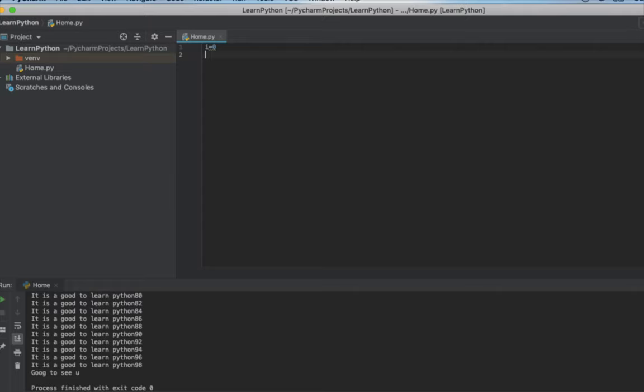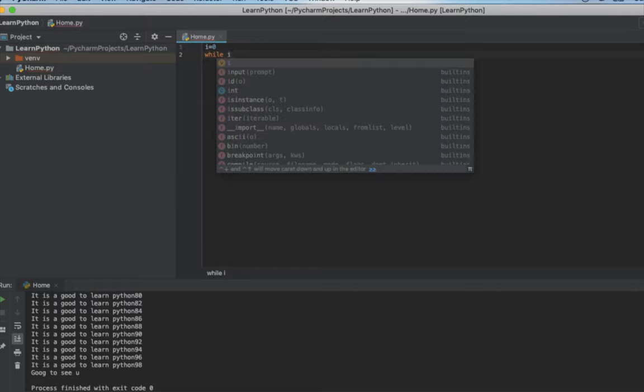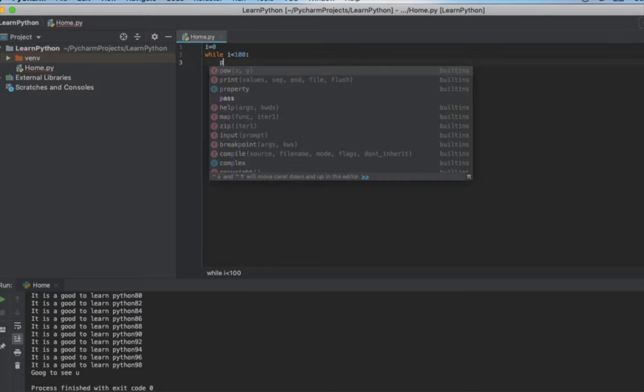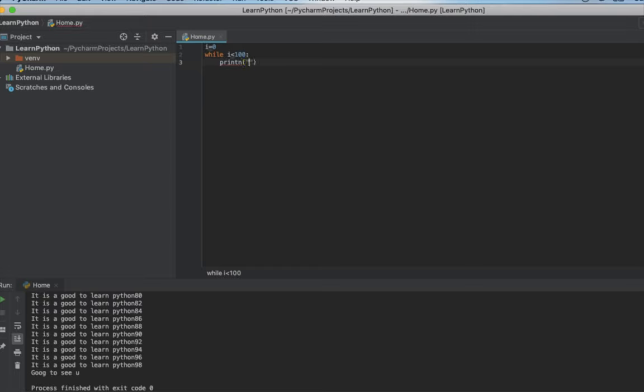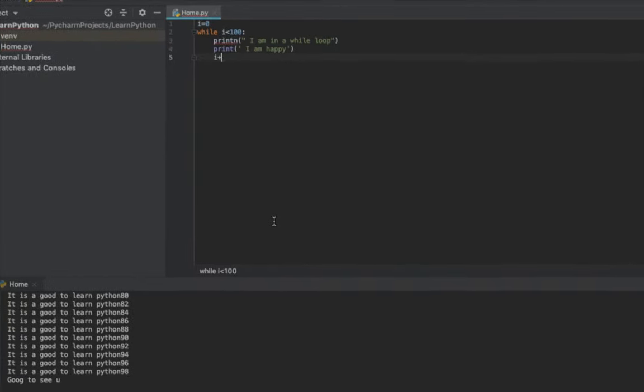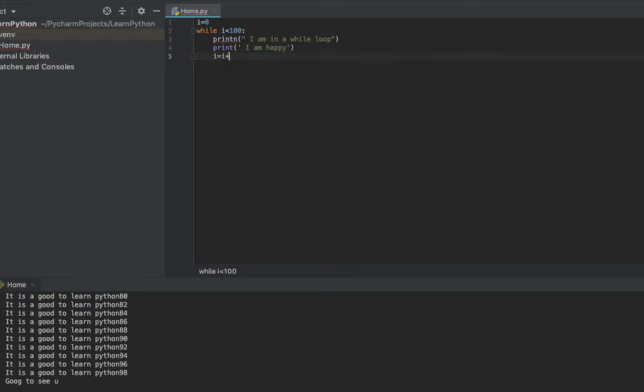For that, you start with I is 0, then you write while I less than 100, then you print I am in a while loop, and then print I'm happy, and then you increase the value of I one by one, because otherwise, this is the while condition. So I equal to I plus 1,